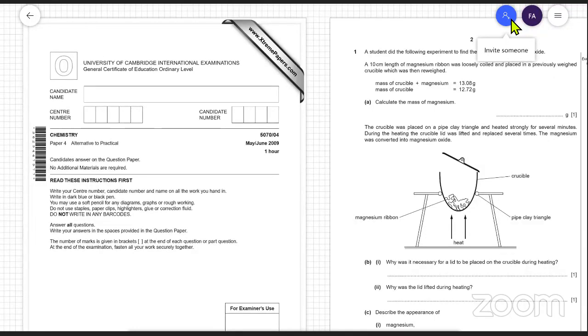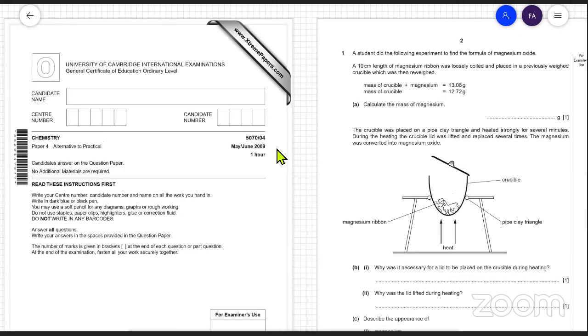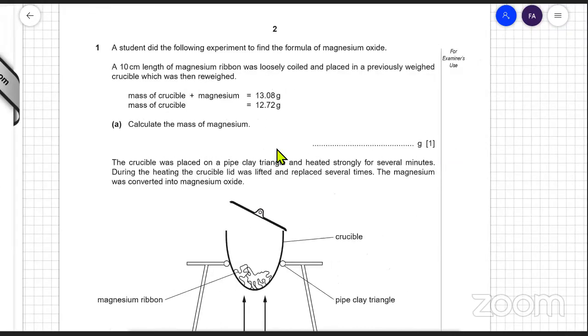Okay, so we have this past paper over here, which is May June 2009, and we're going to try and complete this past paper in this particular class. We're going to start, and it's an ATP paper. Remember, it's related to the experimental part of chemistry. ATP, it's an alternate to practical. So we'll